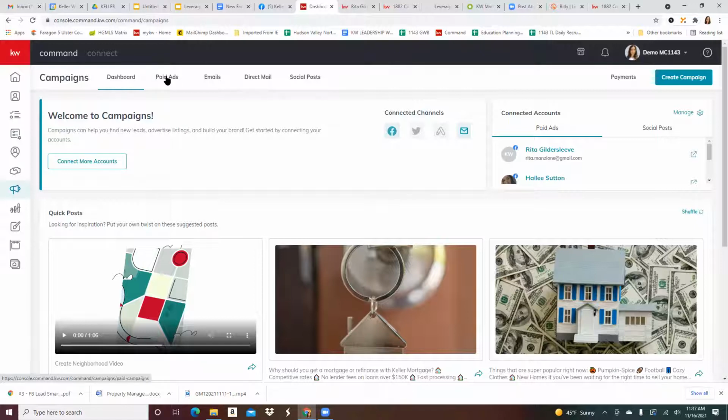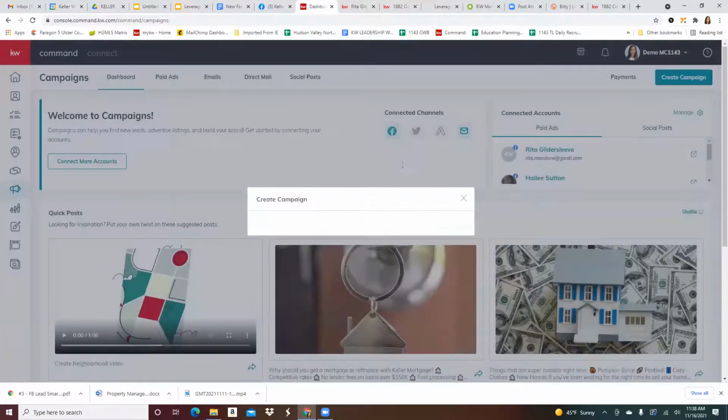Paid ads is social media and pay-per-click ads. Emails is exactly what it sounds like. It's an email. Direct mail is postcards. Social posts are just posts. They're not actually ads. It's just a post to your business page. So if the first thing you want to do is do a social post,